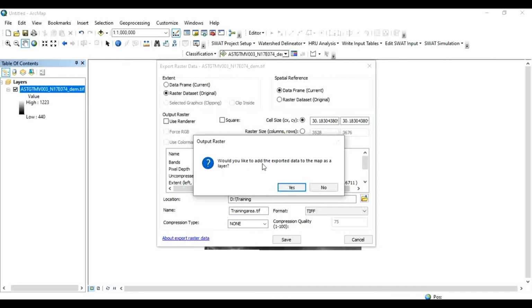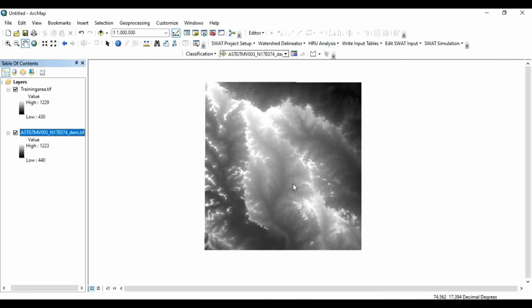Here is one notification. Would you like to add the exported data to a map as a layer? Say yes. Now this is our required file format, that is TIFF file format.